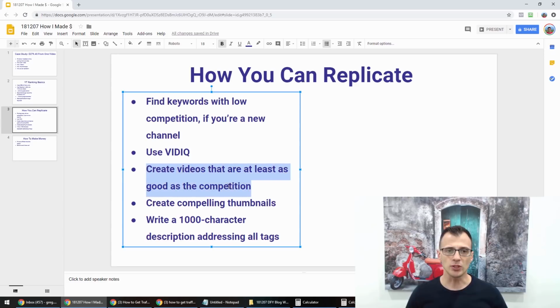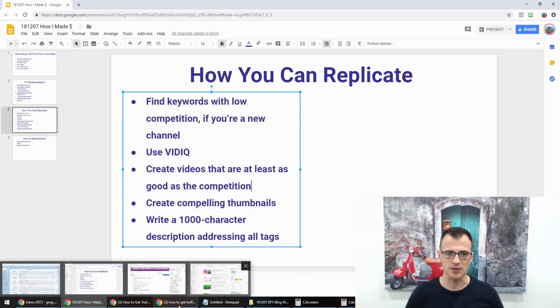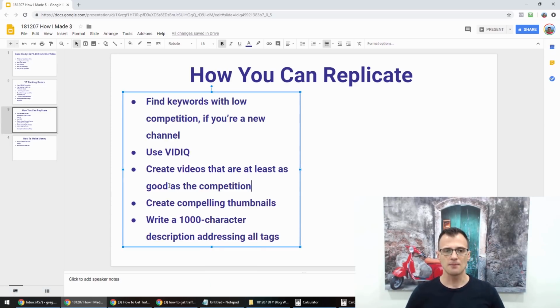Now, what you need to do after that is to create videos that are at least as good as the competition. So don't think that you have to create amazing videos that are top of the line. It helps obviously, but your videos just have to be as good as the competition videos. And at the end of the day, guys, half the videos that I put out don't do well, but maybe 10 or 20% of the videos that I make end up making hundreds and hundreds, and some are close to 1,000 daily views. So it's just about putting them out there and driving the traffic to the affiliate links